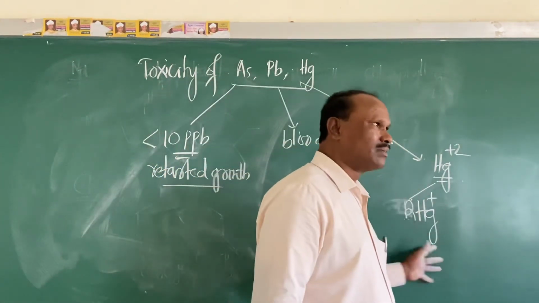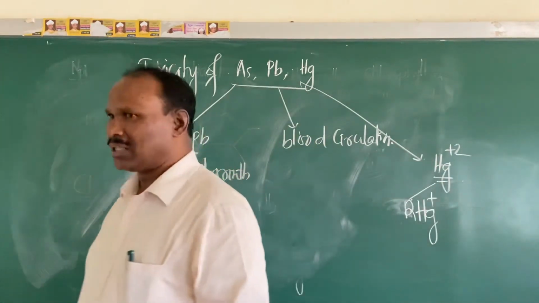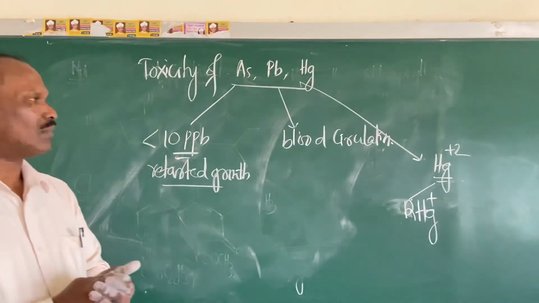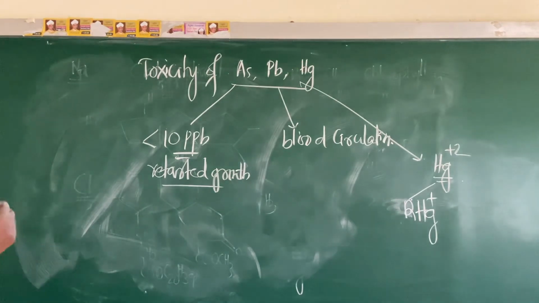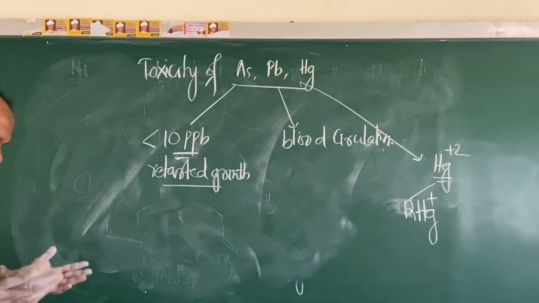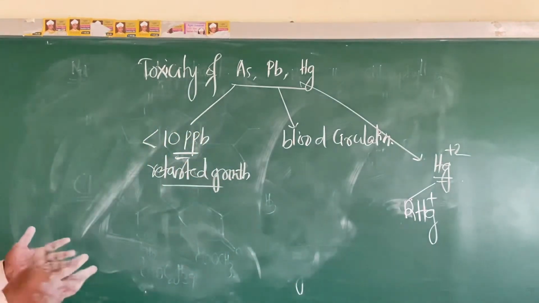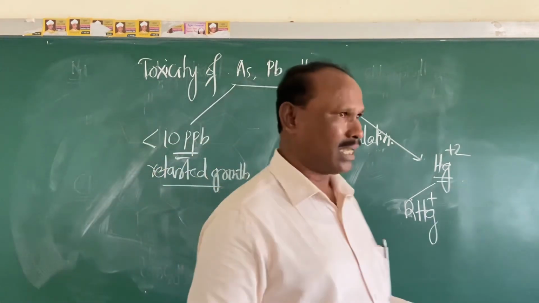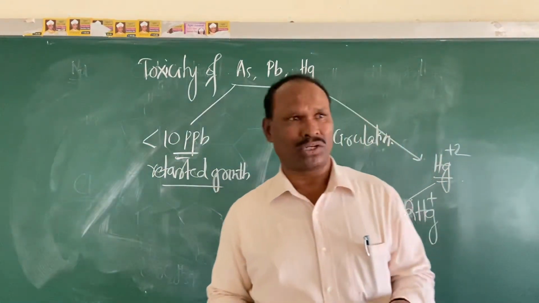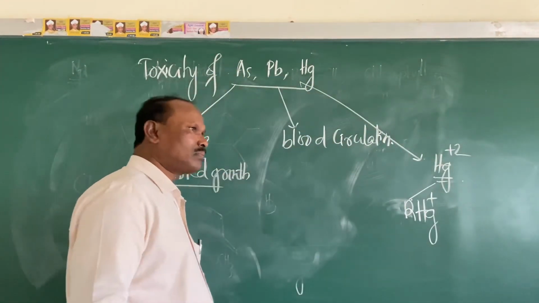Immediately it attacks the proteins and destroys the functioning of the proteins. When the proteins are destroyed in our body system, it leads to many defects, right? The defects of mercury are that it affects the kidneys, and it damages the entire nervous system. When the nervous system is damaged, the entire system becomes paralysed and the patient may lose his life also. So mercury is the most poisonous of these, right?